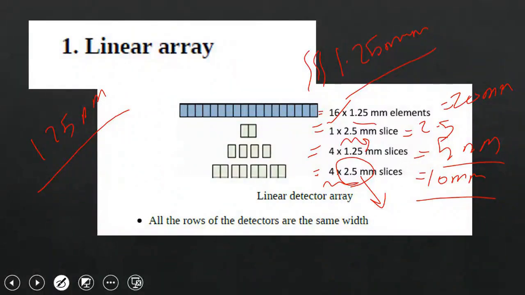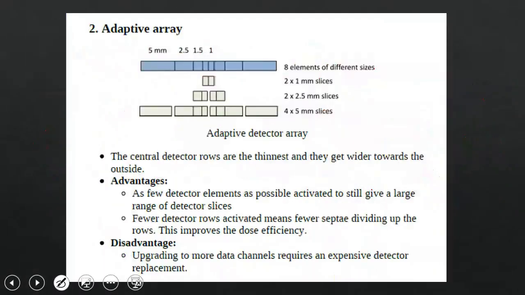For instance, 16 means 16 rows of detectors, okay? The number next to it represents the thickness of the section it uses, which is the product of the two standing together. This is related to the coverage area. What is this whole story called? It's called beam collimation. Beam collimation is the first type of detector, which is the linear detector, where all the elements present in it are equal in their widths. Then they mention the second type, which is